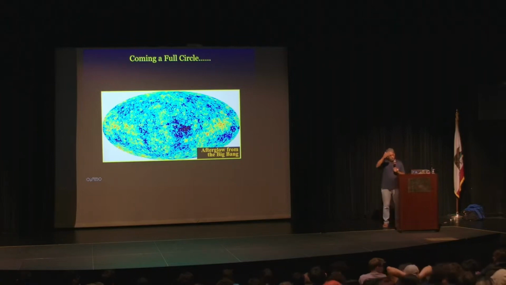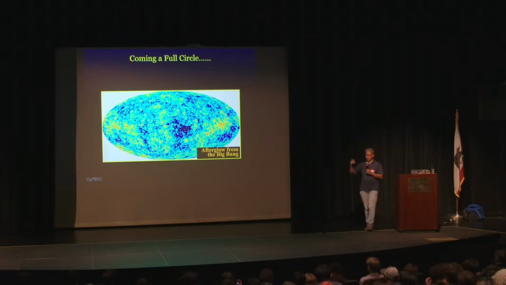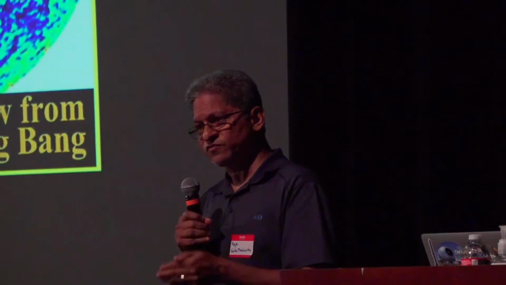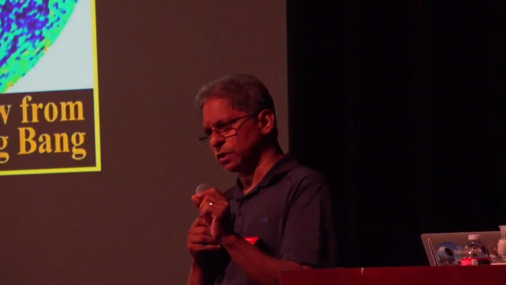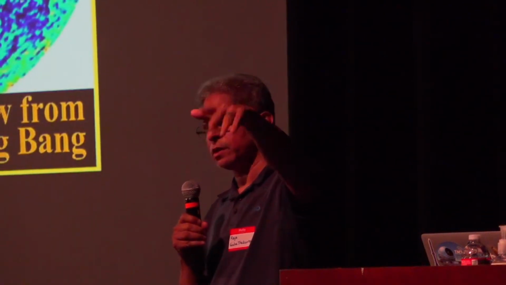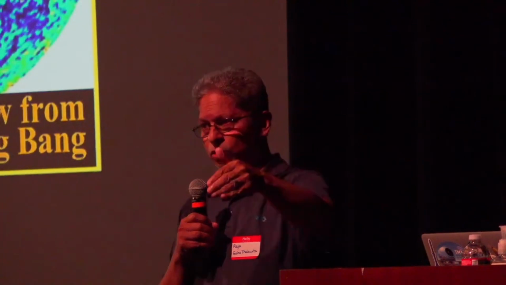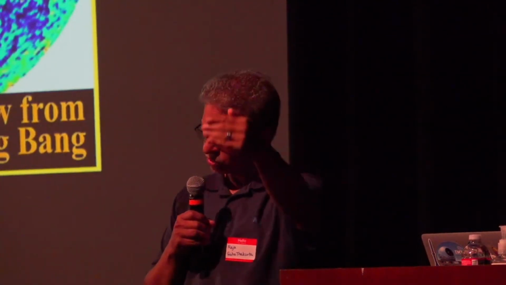Okay, so I wanted to come full circle and talk about why I study galaxies. The image you're seeing here is nothing other than the afterglow from the Big Bang. This is an image taken with a space-based telescope. It's a microwave telescope, which detects microwave radiation from the afterglow of the universe. What I mean by afterglow is, if you have your oven turned on and you're cooking something, when you turn off your oven, it doesn't instantly cool to room temperature. It takes a while to cool down.